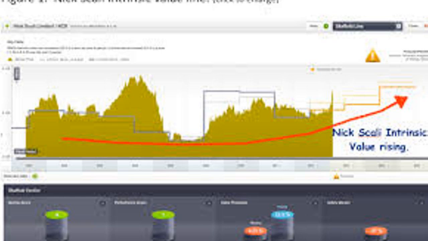FCF Yield 5 years AVG. The FCF Yield 5 years average is calculated by taking the 5-year average free cash flow of a company and dividing it by the current enterprise value. Enterprise value is calculated by taking the market capitalization plus debt, minority interest and preferred shares, minus total cash and cash equivalents. The average FCF of a company is determined by looking at the cash generated by operations of the company. The free cash flow yield 5-year average of Scali Limited, ASX NCK, is